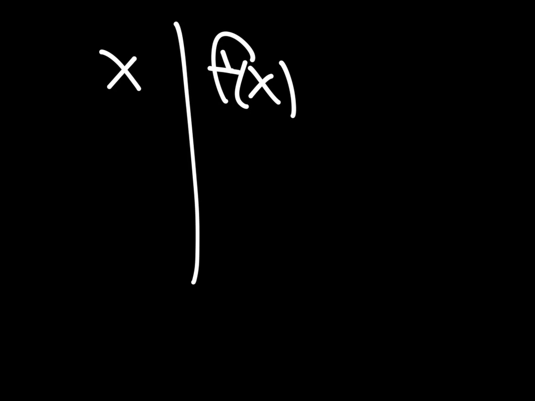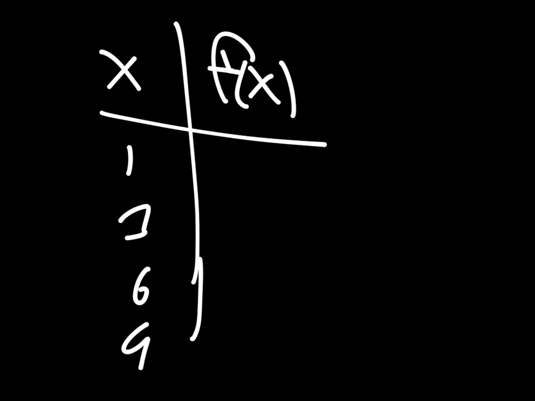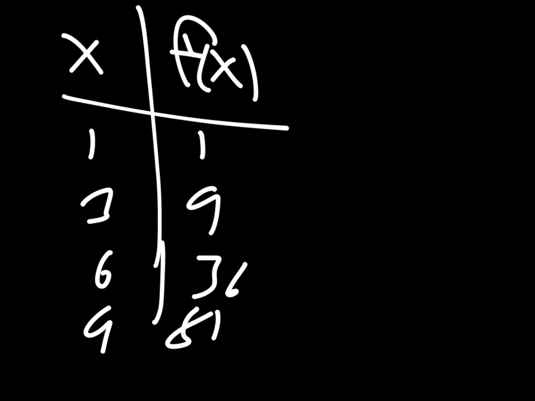Okay, let's do another one. If I have x and f of x, and I have 1 and a 3 and a 6 and a 9, and this is going to be 1 and a 9 and a 36 and a 81, well, we should know that from pre-algebra that